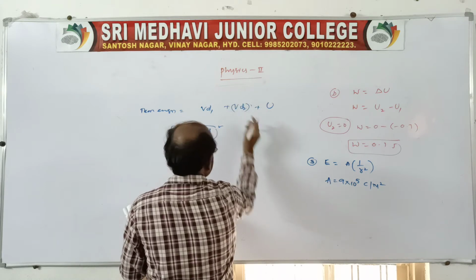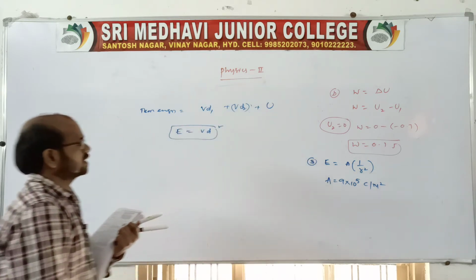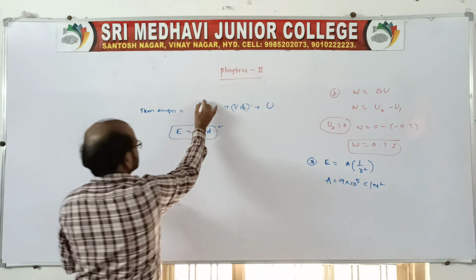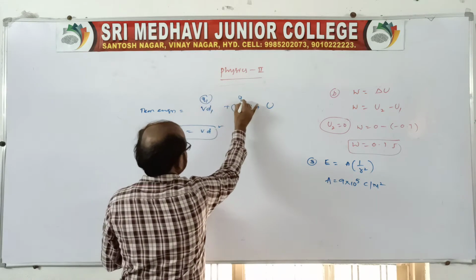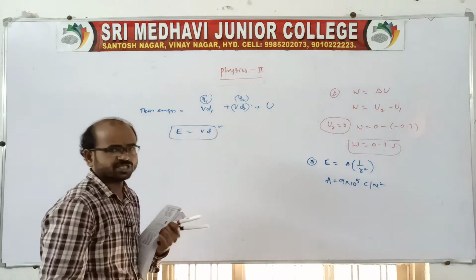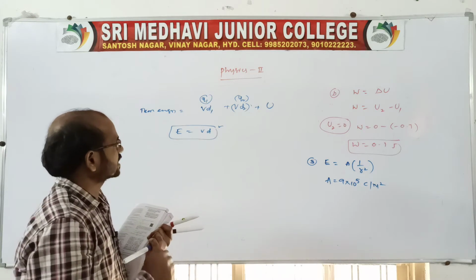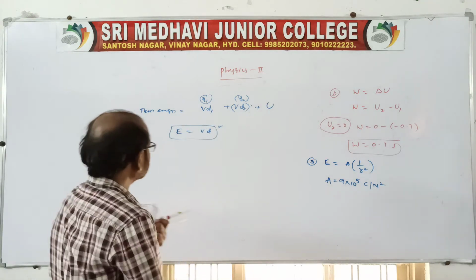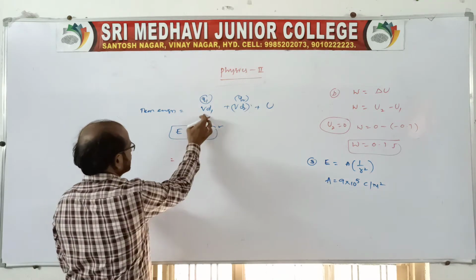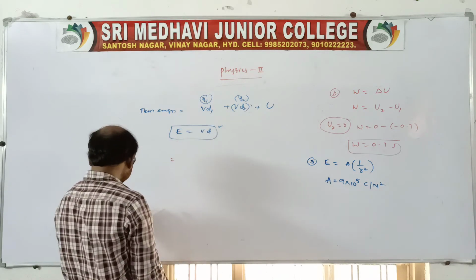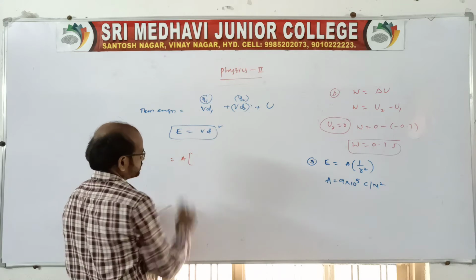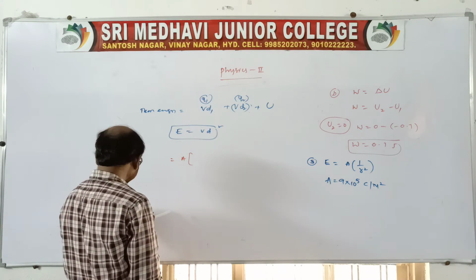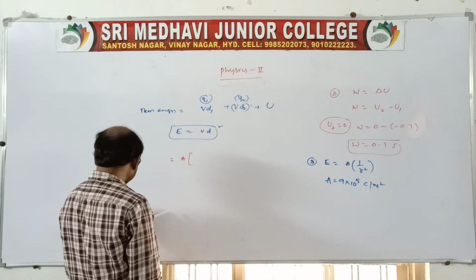There will be electric intensity, this is due to the q1 charge, and this is due to the q2 charge. At that position the field intensity will be given like this. Of course we already have the energy, 0.7. Now the energy will be like this, where there will be a distance between the two charges.